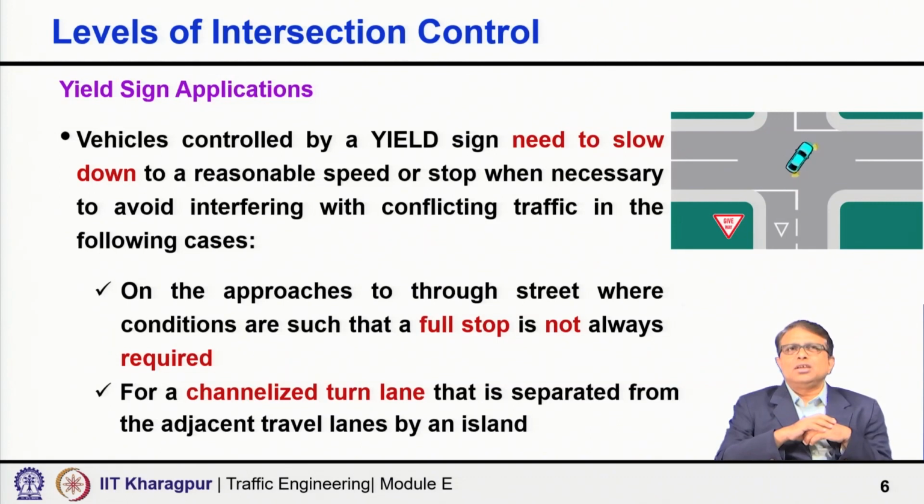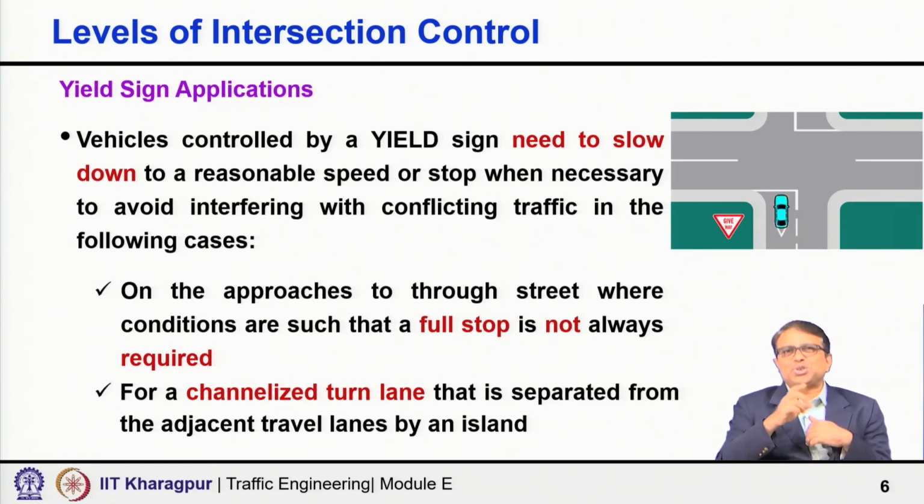So, what I have said here: vehicles controlled by a yield sign need to slow down to a reasonable speed or stop. Stopping is not mandatory, not that you have to stop, right. So, that is very, very important. Need to slow down to a reasonable speed or stop when necessary to avoid interfering with conflicting traffic in the following cases. 1. On the approaches to a through street where conditions are such that a full stop is not always